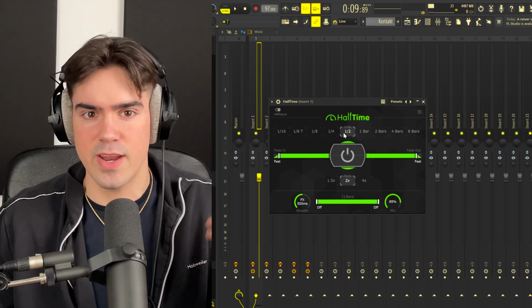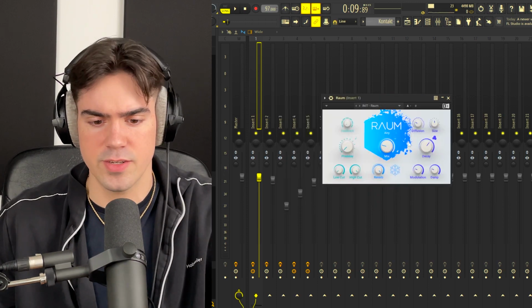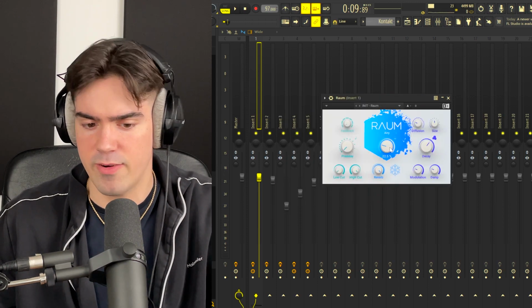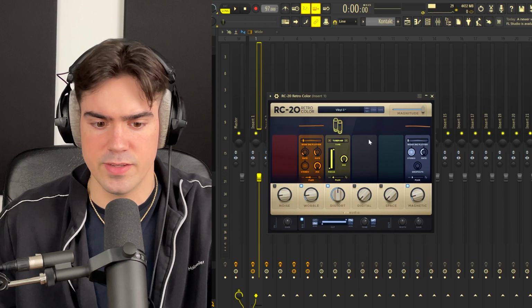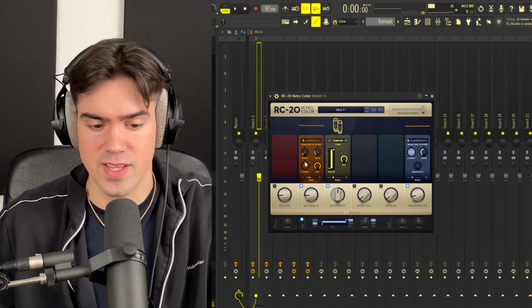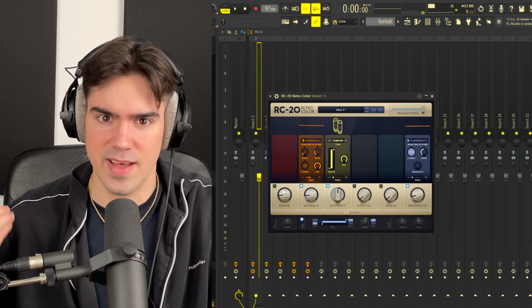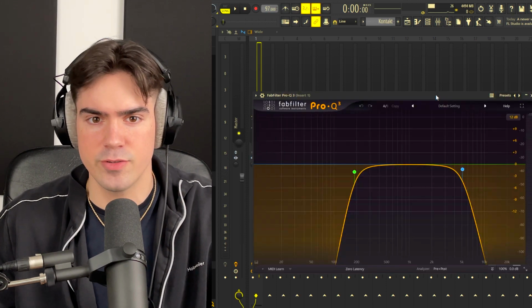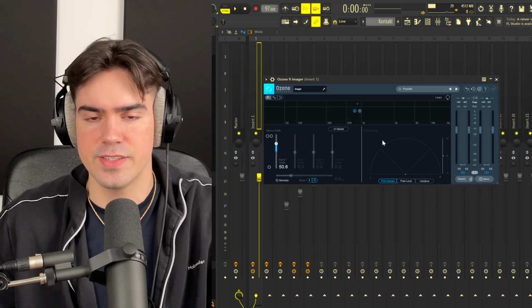This is going to give the piano a little bit of that pulsing type of sound. Then I just have this reverb using a Roam over here at about 22%. Then we just have this RC20 using the Vinyl 3 preset. The only change I did over here was that I turned off the noise, because I didn't want to have that vinyl in the background. Lastly, we have this EQ just to cut out some of the frequencies, and this imager to widen out